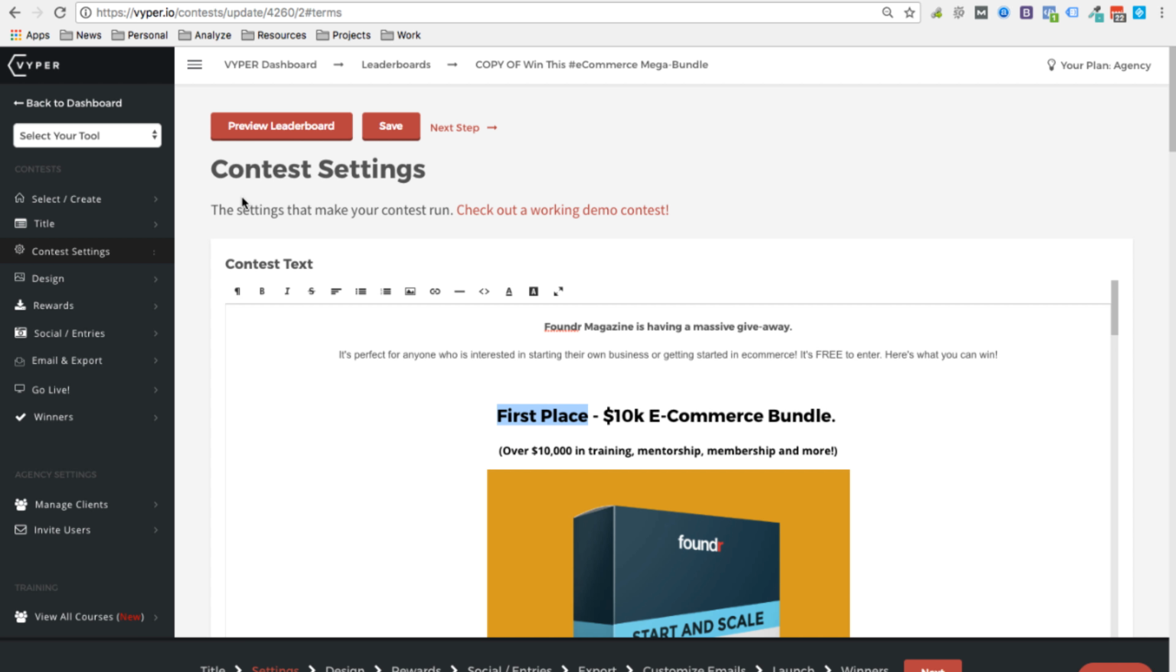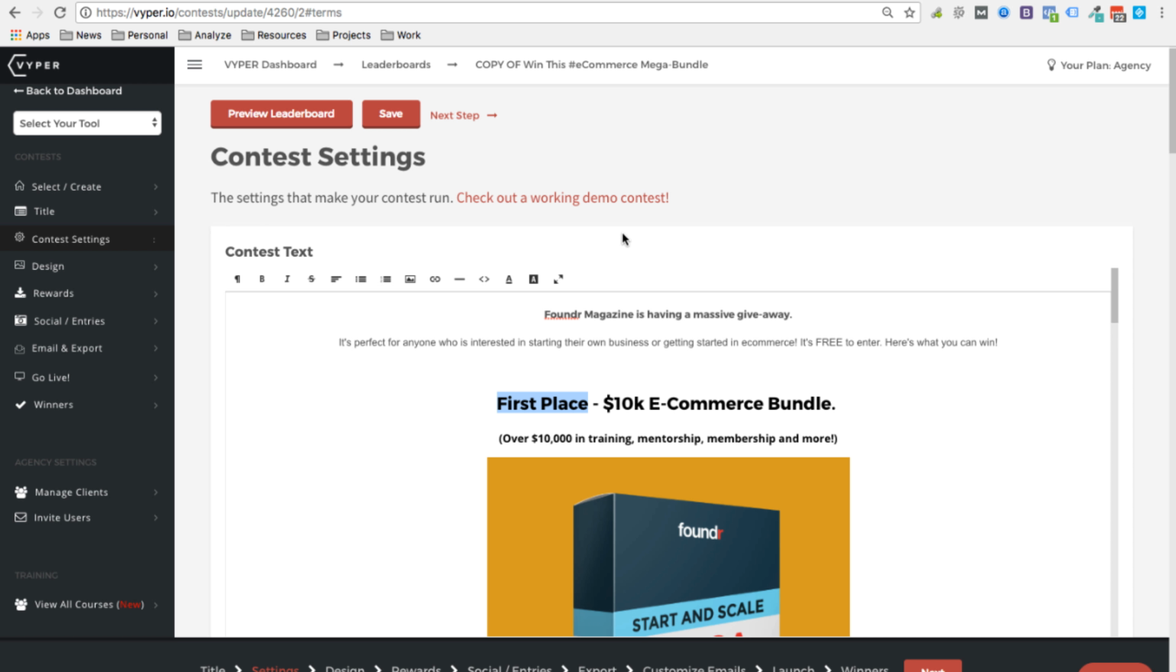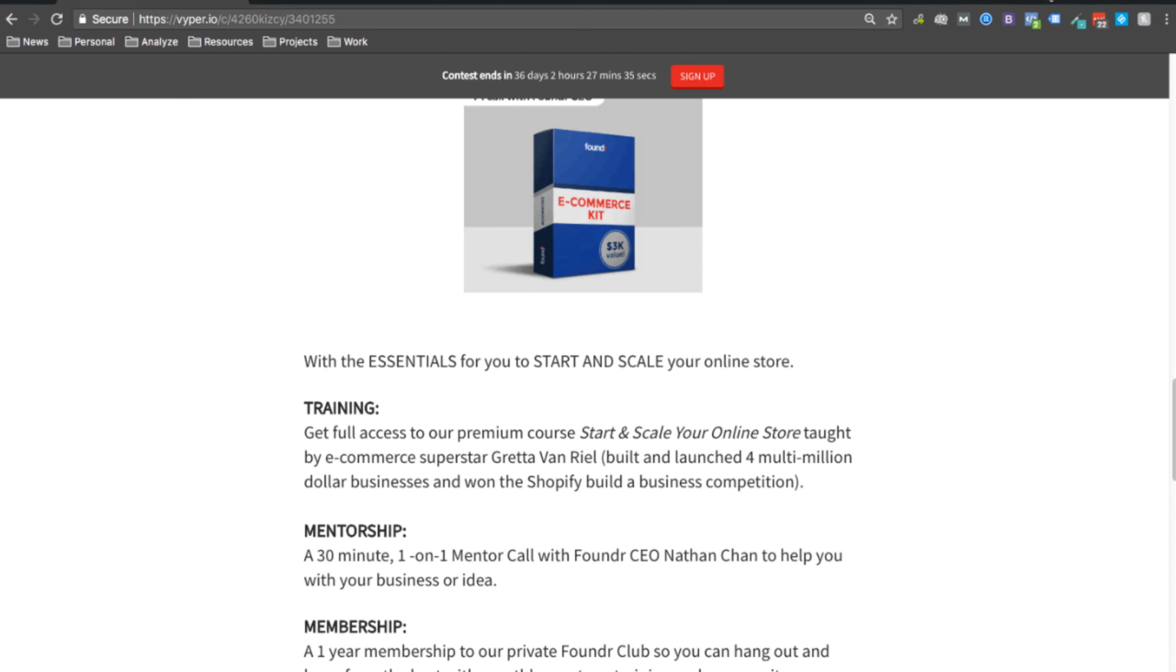In this tutorial, we're going to go through the settings of your contest. So in this section, you can add all of the content that goes on your contest page, as well as a bunch of the other settings. Before I dive in, I would just want to show you what this affects on the front end of